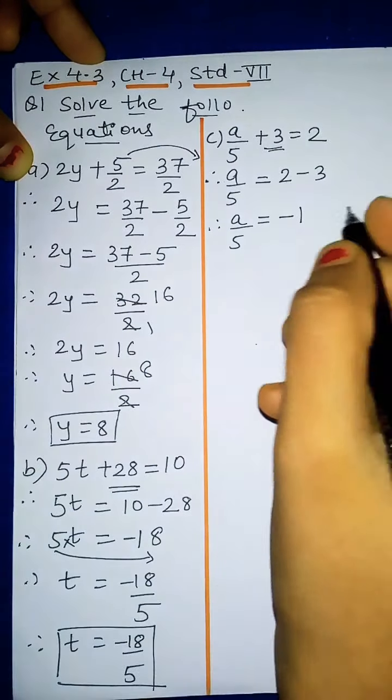So 2 is removed. Now 5. So now we will remove this 5. So this 5 is in multiplication. So multiplication part will go in division. So here it will be minus 20 upon 5. Now cancellation is possible. So 5 ones are 5 and 5 fours are 20. So x equal to minus 4. So this will be our answer.